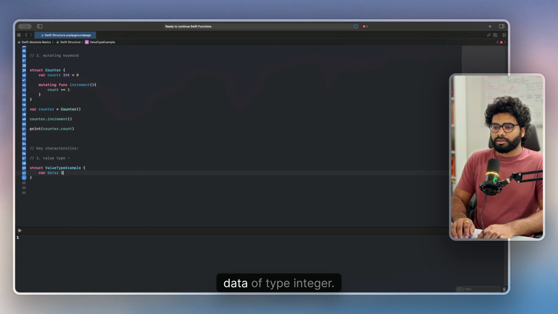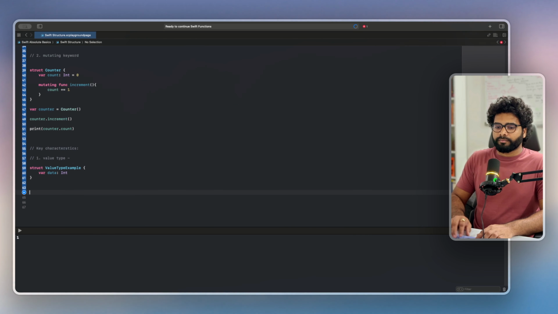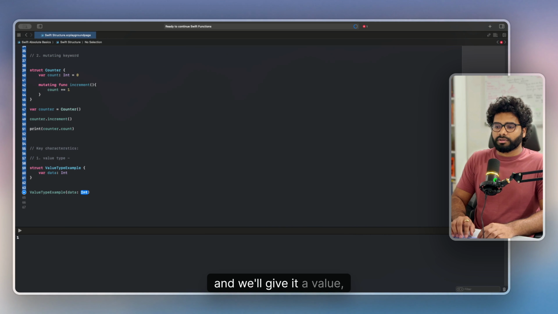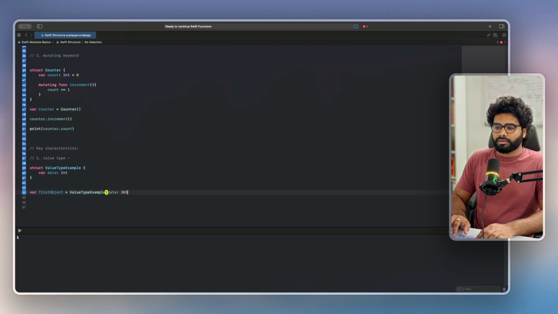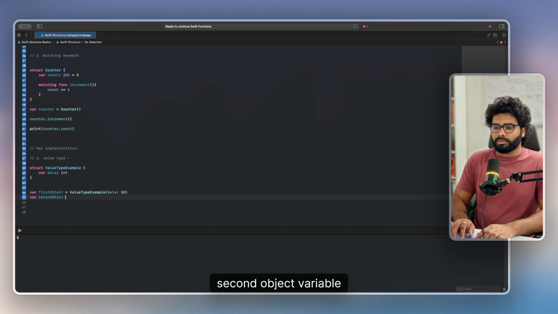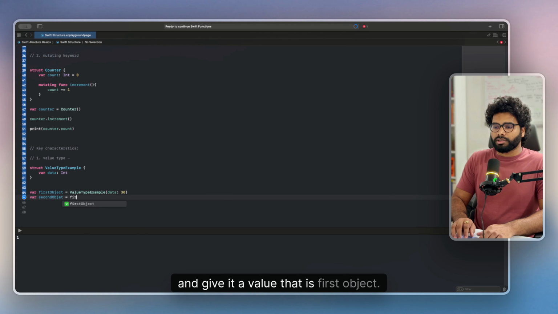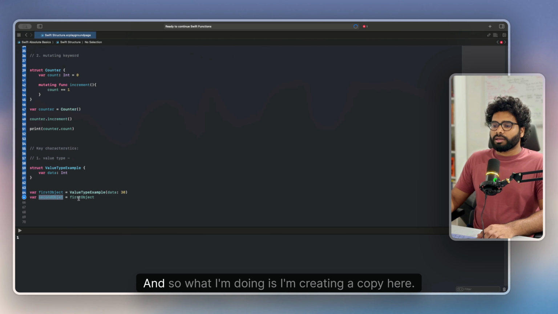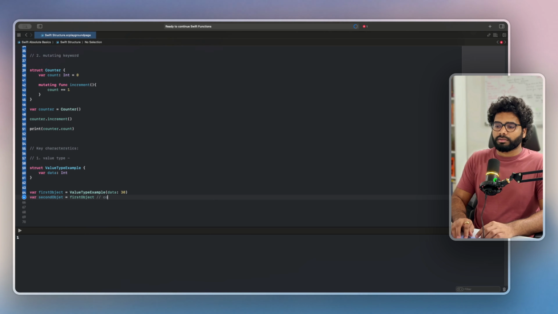I'll create a property here, data of type integer. I will create its object and we'll give it a value, let's say 30. I will call it first object. And now I'm going to create a second object variable and give it a value that is first object. Now here what I'm doing is I've given first object as a value to second object, and so I'm creating a copy here,